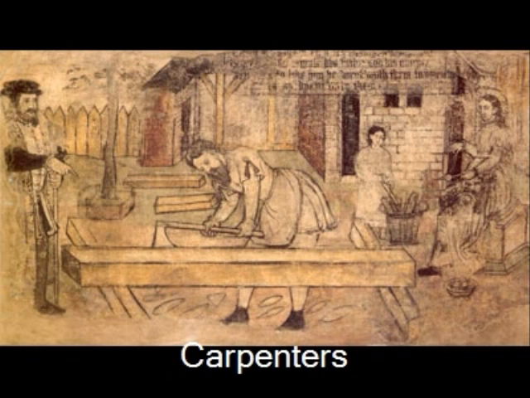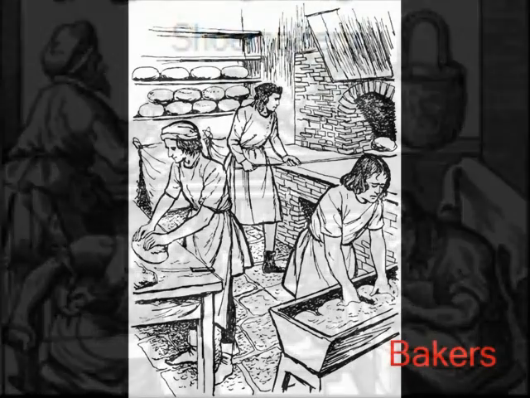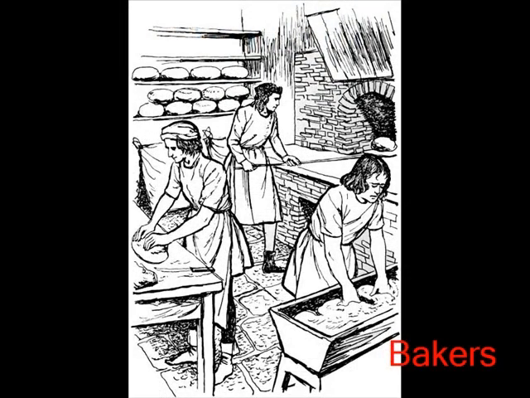To become a master craftsman, a boy became an apprentice at the age of 12. He would live in the workshop at the back of the shop and would work for 7 years without pay, learning the craft. When the 7 years were up, the apprentice became a journeyman and either continued to work for his master for pay or would travel to other towns looking for a new master who would pay more or